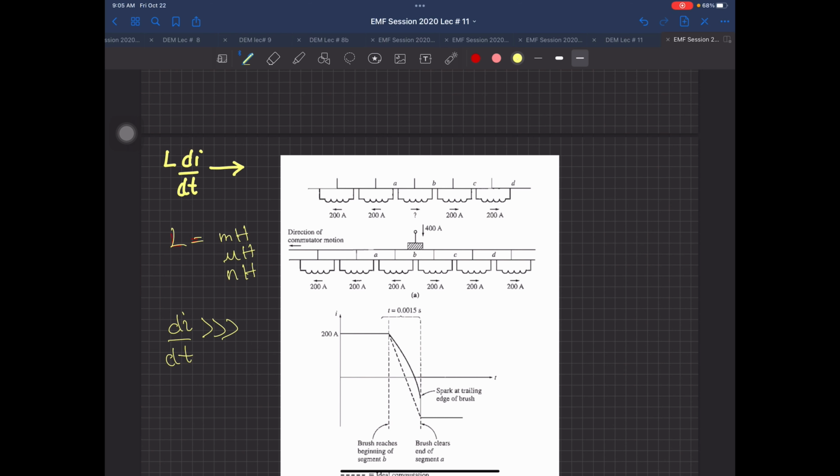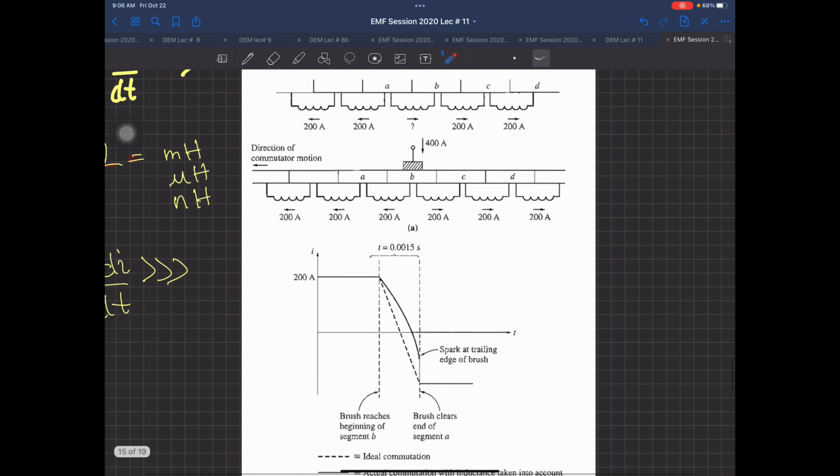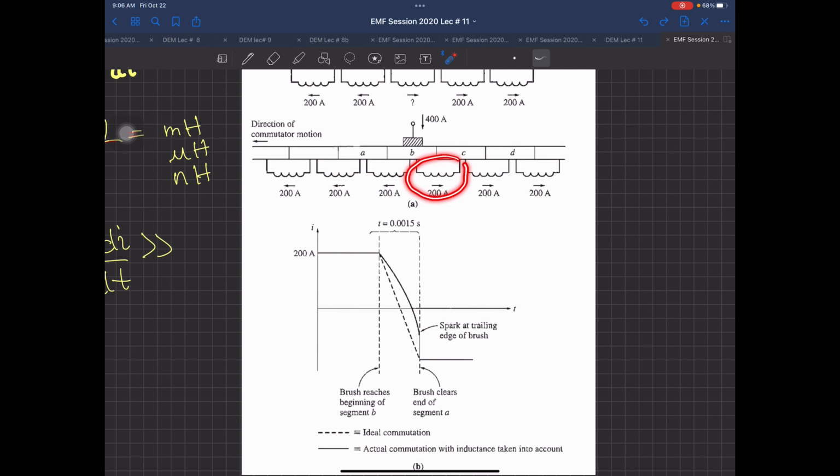The same thing is shown over here in this diagram. See this very carefully. What is happening over there? In this diagram, you can see there is a 400 ampere current flowing. And here they are showing two parallel paths. I just talked about one parallel path. Here you can see 400 ampere coming in, one parallel path going over here, one parallel path going over here. So this is the carbon brush. 400 ampere current is flowing in, 200 flows over here, 200 flows over here. So the machine was working in this coil, which has a 200 ampere current flowing.